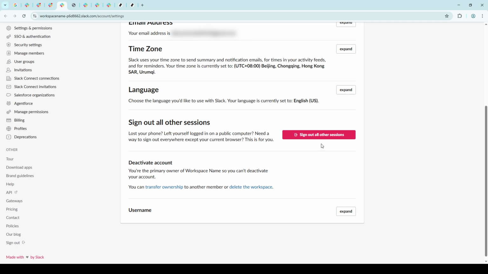Don't rush through this part. Take a moment to review the surrounding settings to familiarize yourself